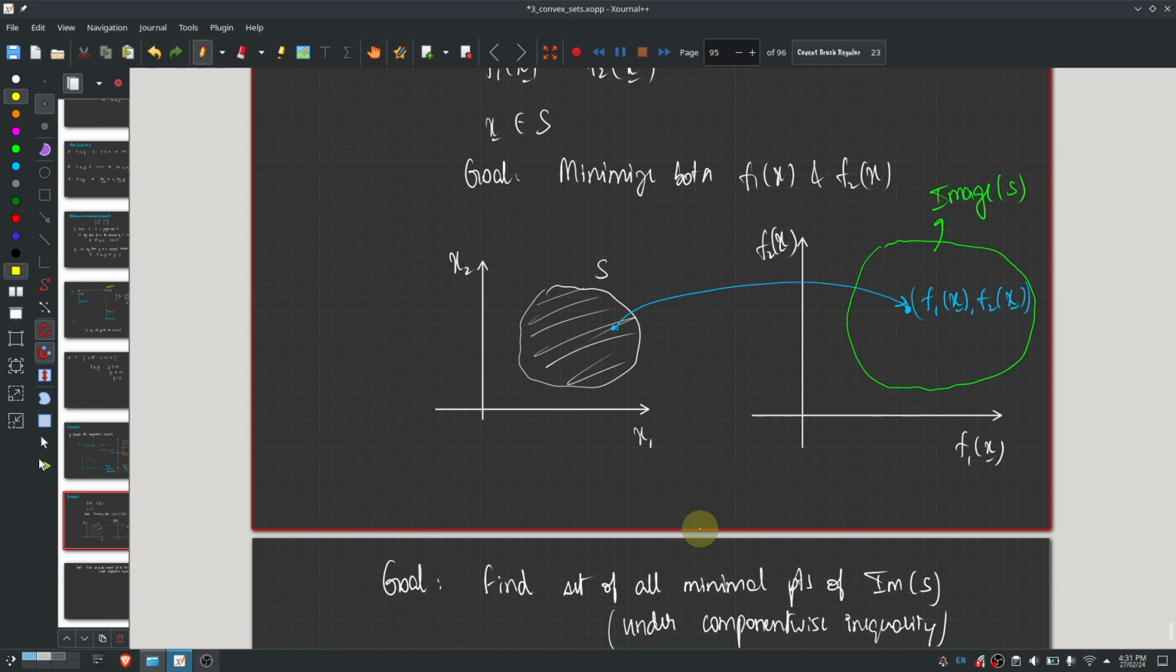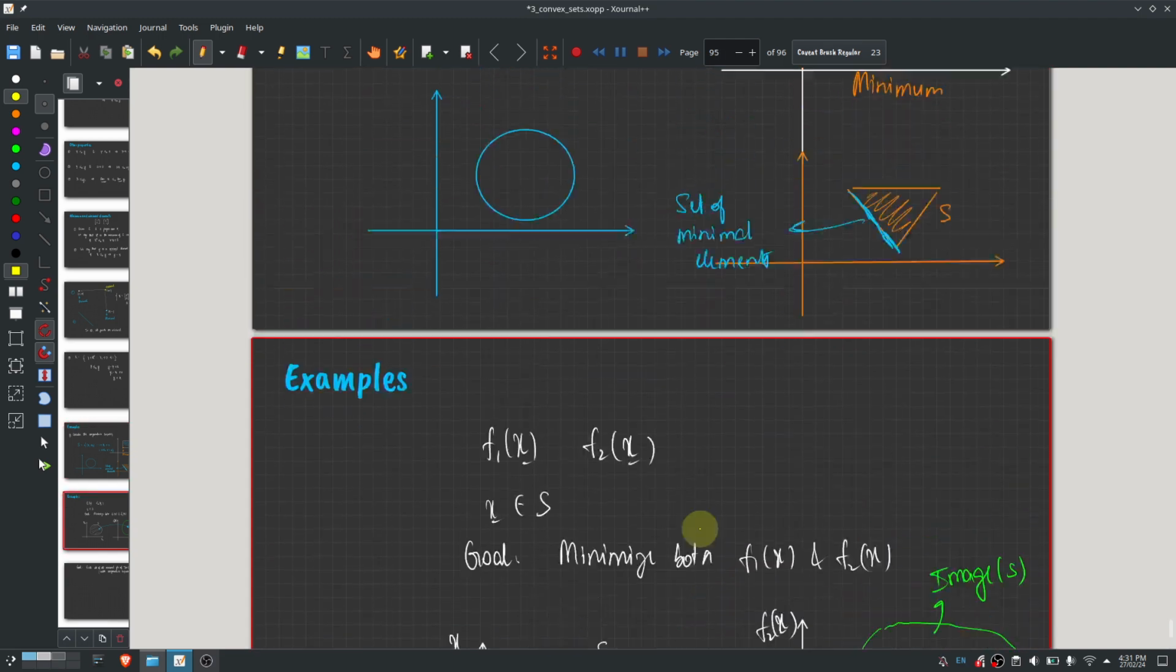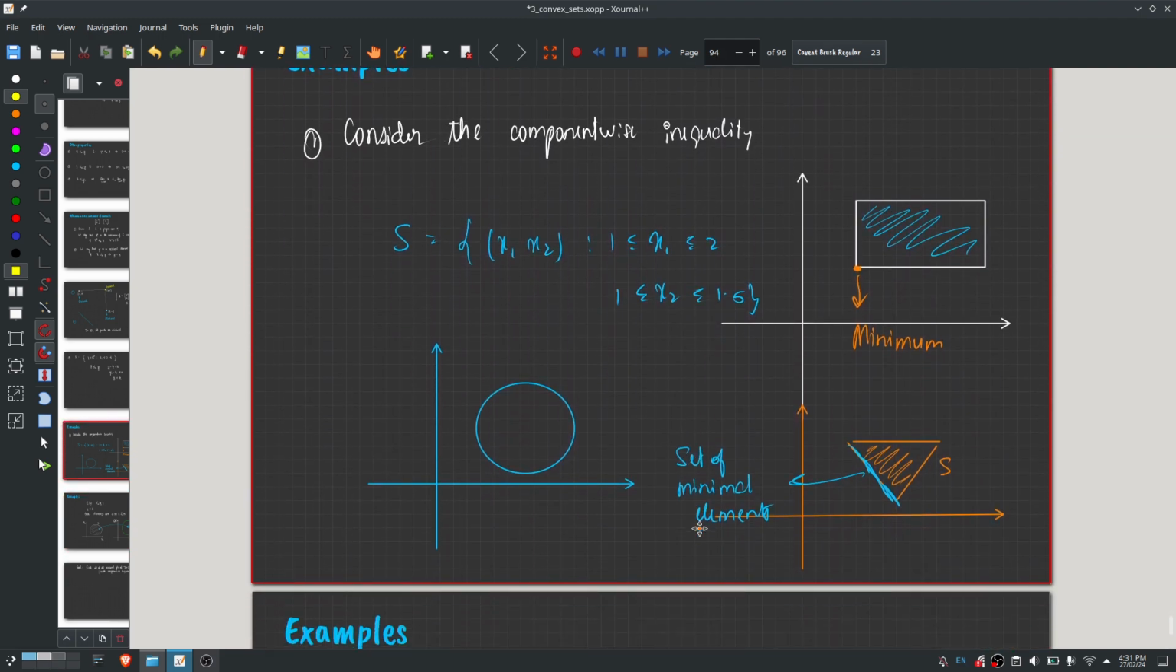I think I'd given that as an exercise. So what would be the set of minimal points? Correct. So that would effectively be along the boundary. It would be basically from here to here, right? These would be the set of all minimal points, assuming that it's a component-wise inequality. The cone is the first quadrant, right? So these would be